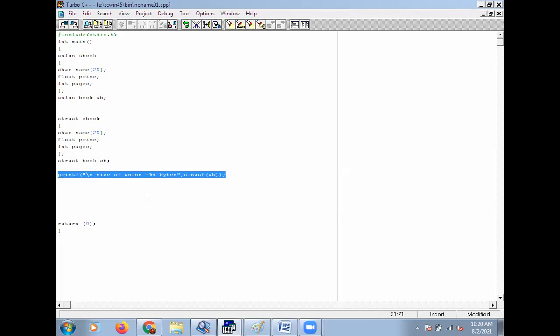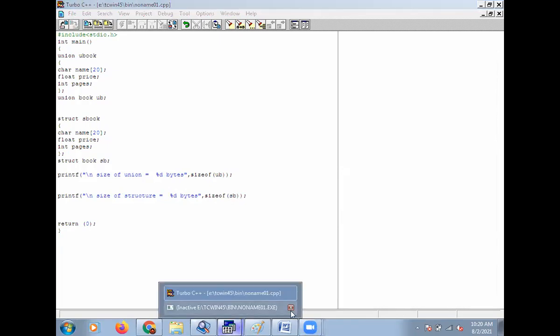Then for structure we write size of structure is equal to %d bytes, with size of sb variable. Okay, we will execute this.